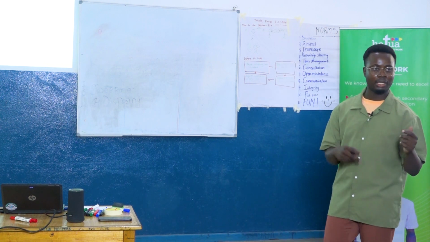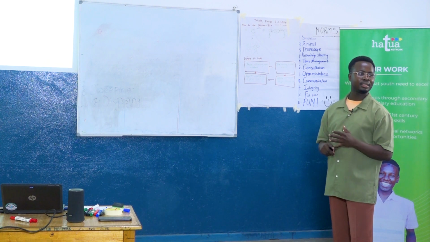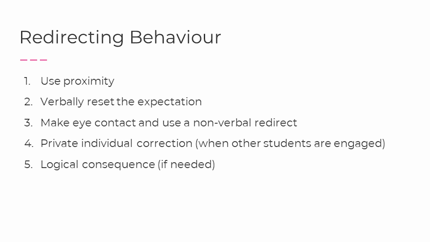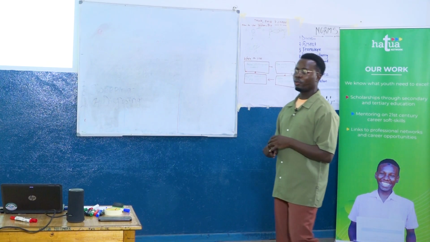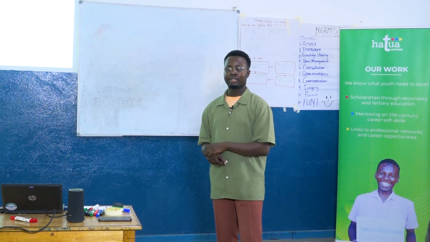But in class, you just look at them, you make eye contact or a non-verbal redirect. And then the fourth point? Private individual correction when other students are engaged. Yeah, so when they insist on talking, or when they are doing something that is not